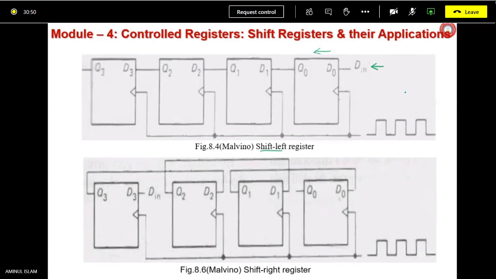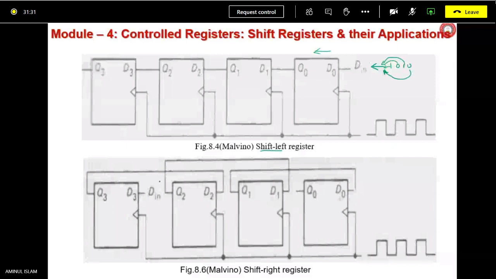The data bits applied here are moving in this direction, 1 0 1 0, for example. Maybe the lower bit may be applied first, the LSB, then this one, and then this one, and lastly the MSB. If you consider it this way, LSB and MSB. The bottom one is the shift right register, which I showed in the previous slide. The same thing, only the upper one has been connected in such a way that it is shifting to the right.